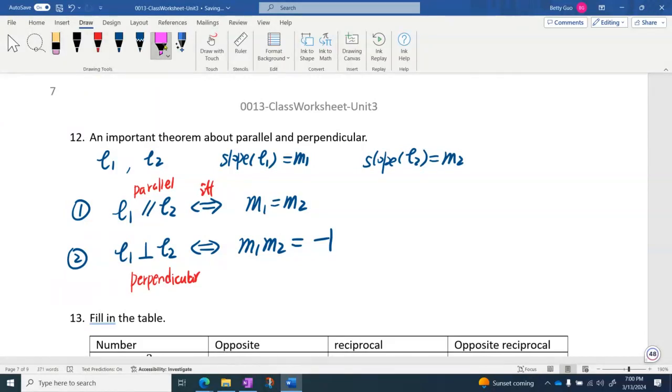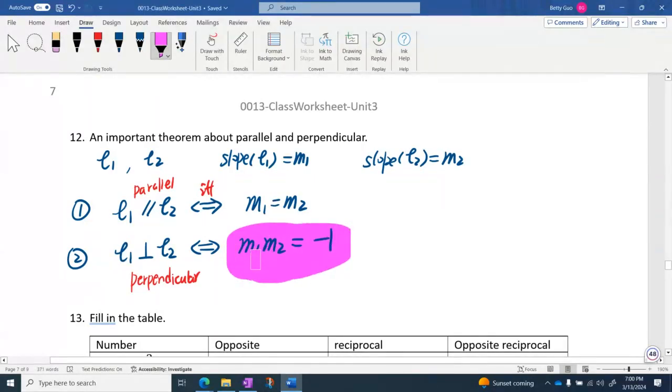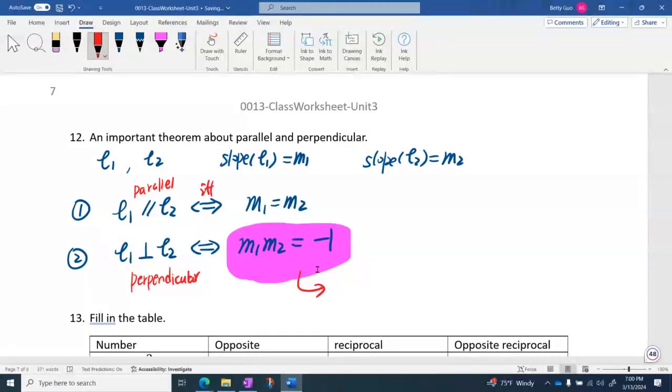This is the condition. Very important. How do we understand that? Let me explain. Either you memorize m1 times m2 equals -1. The product of the two slopes is -1. When you multiply the two slopes, you get -1. Or you remember this: the two slopes are